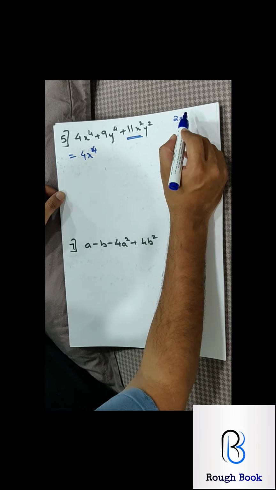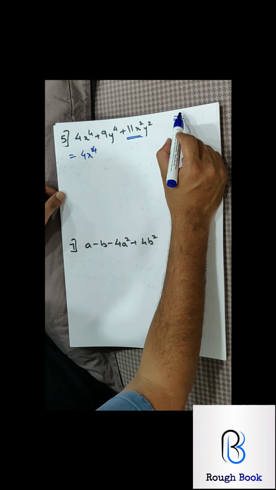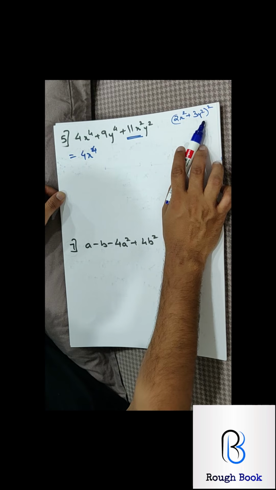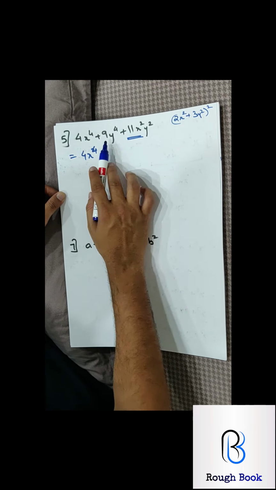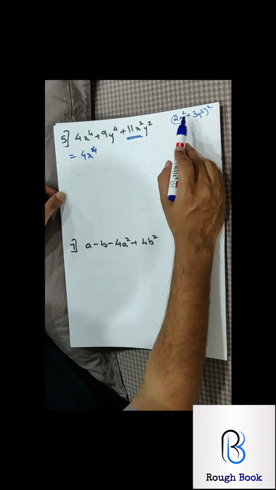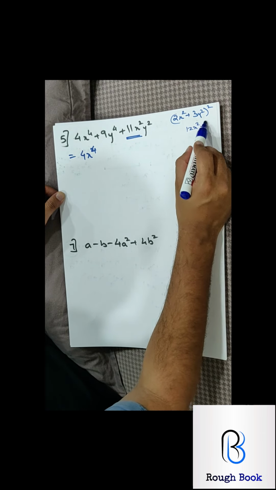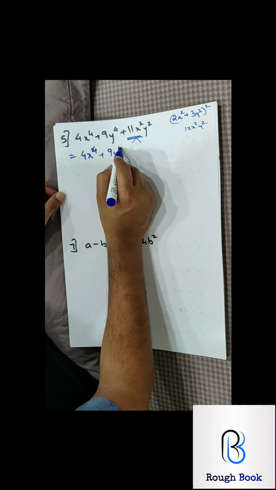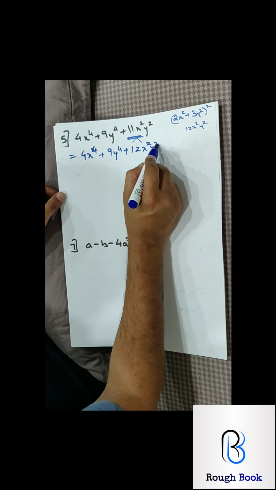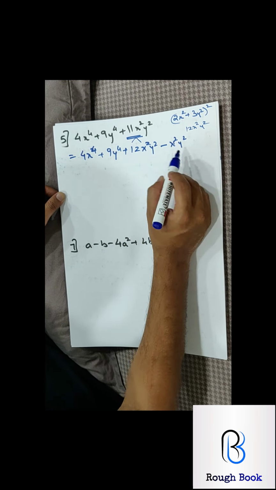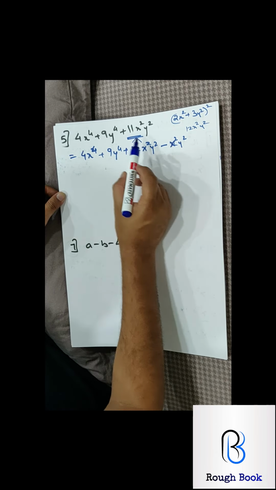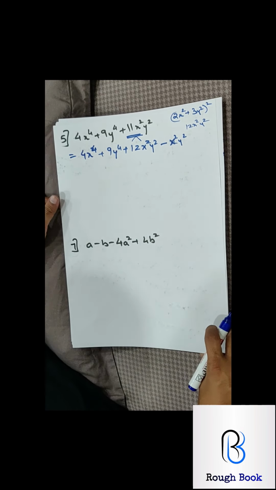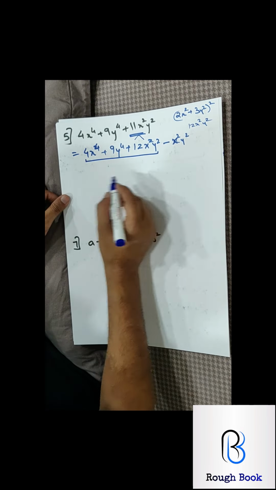on a rough side, you can take 2x the whole square. Correct? 2x square plus 3y square the whole square. When I solve this, I will get 4x square plus 9y square plus 2ab. 2ab will be 2 into 2 is 4, 4 into 3 is 12, x square y square. So if I split this as 12, my other part will be minus 1, because 12 minus 1 will give me 11. And 1 is a perfect square. That's what I told you. So when I say perfect square, that's what we are expected to do. Now this will become my first part.